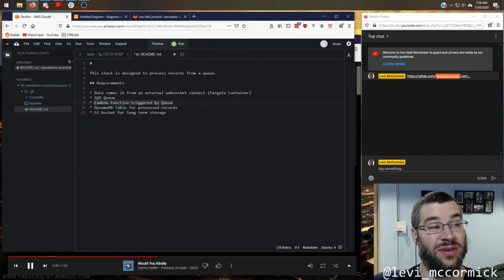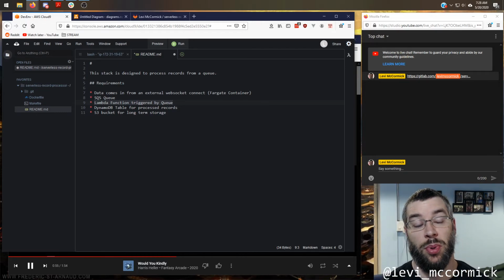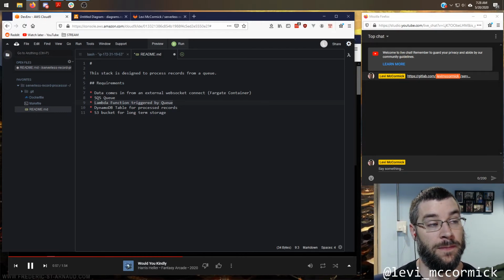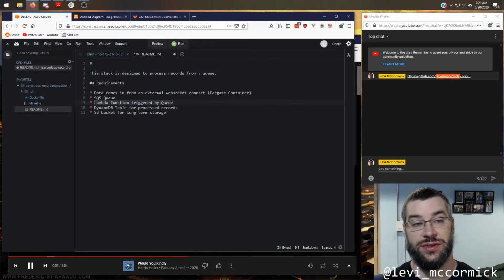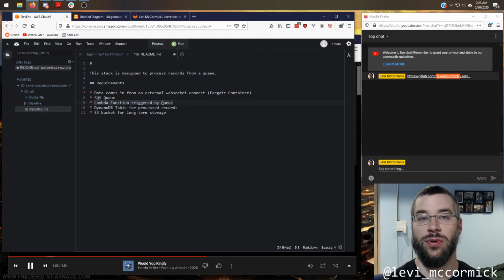I wouldn't say it's a bottleneck, because this thing can scale out pretty wide, but you may want to keep a narrow scope for your functions. Maybe you just want this thing to do the analysis and then rip through those records as fast as it can.